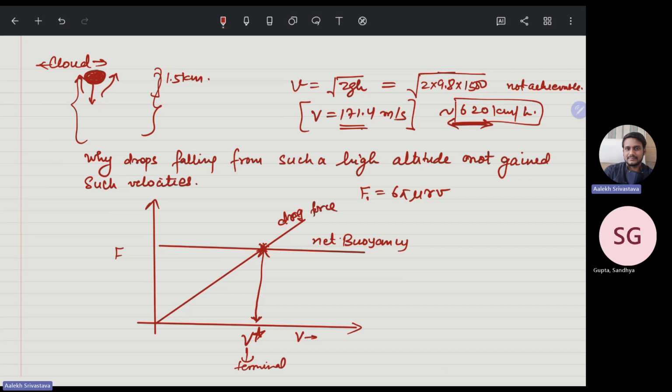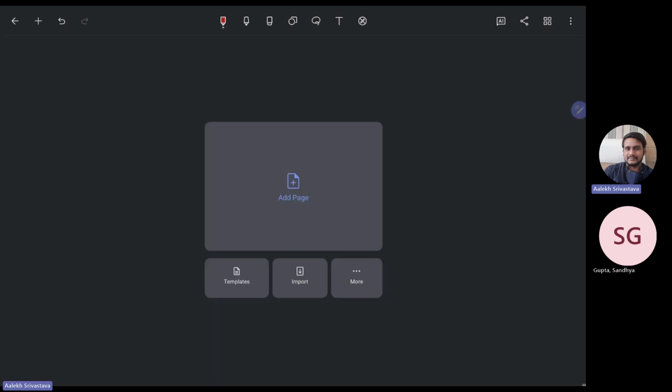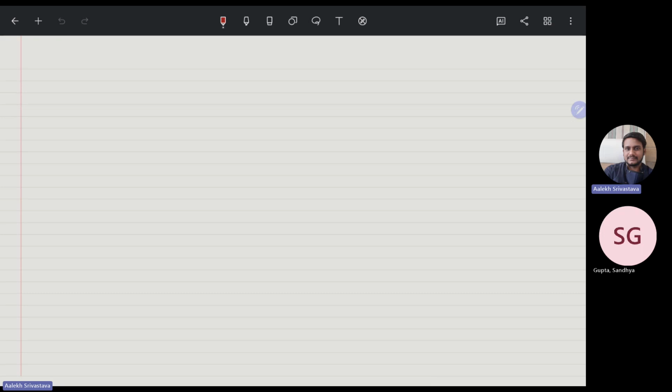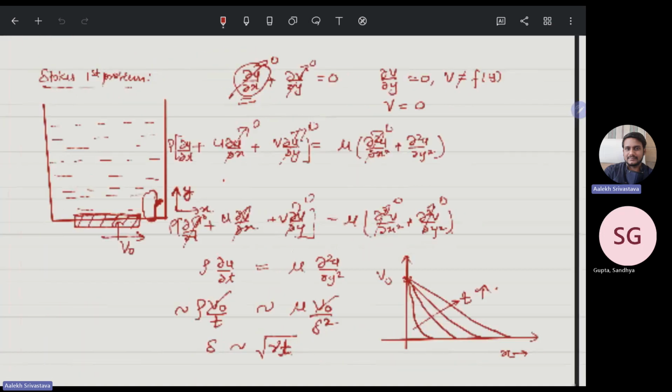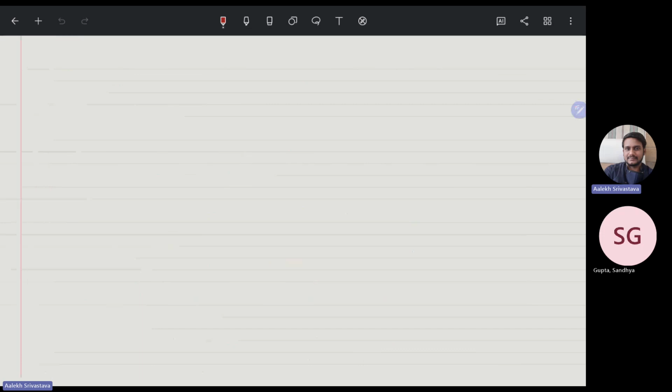Okay, now I think you can solve most of the problems. In the assignment, you will get a problem on what I talked about, non-dimensionalizing or normalizing. We can say normalizing the Navier-Stokes equation. Again, I am repeating that